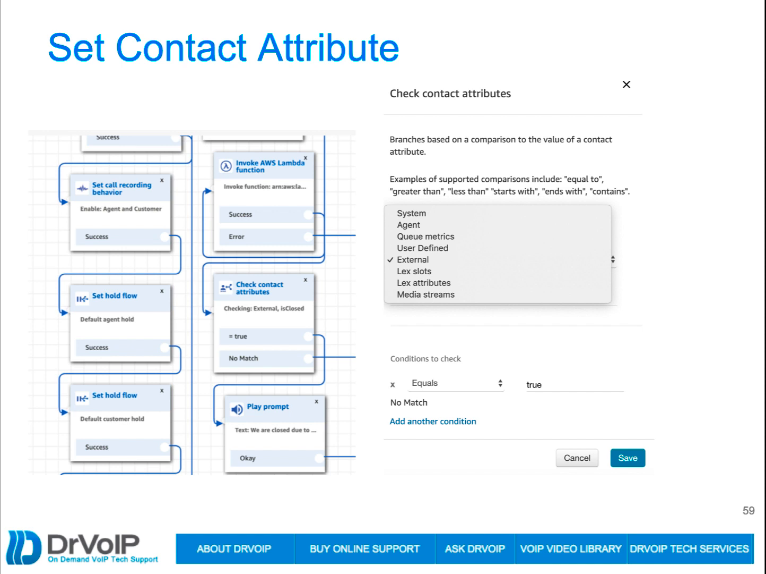Here's an example of invoking a Lambda function. I think I'll show you this one when I show you some work that we did on a custom dashboard, but we're going to invoke a Lambda function. And I think what we're going to do here is check an external database to find out if we're open or closed for a holiday. Very common in a call center to be able to do this. Connect doesn't do that out of the box, but you can use the same tools we've been talking about, Lambda, DynamoDB, and use this kind of check contact attributes to see what the value of your Lambda function,